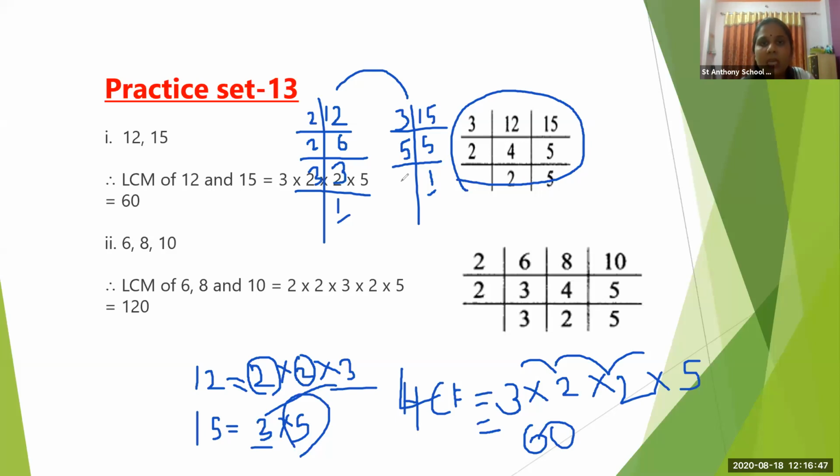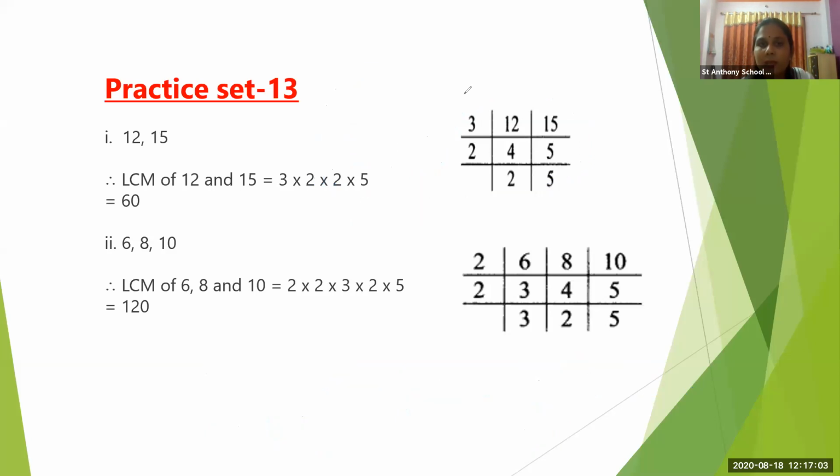and find HCF. If you want to find LCM, okay, so what you are going to do is you are going to take the number, जैसे 12 and 15 लिया, so 3 4s are 12, 3 5s are 15, then 2 2s are 4, 2 5s are 15. You can extend this step as 2 1s are 2, okay, and that 5 remain as it is. Again you make column, okay, see, and then here it will come 5, okay, 1 remain as it is, and this 5 1s are 5.